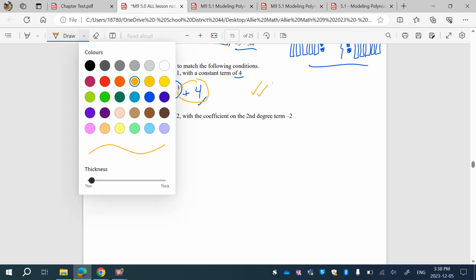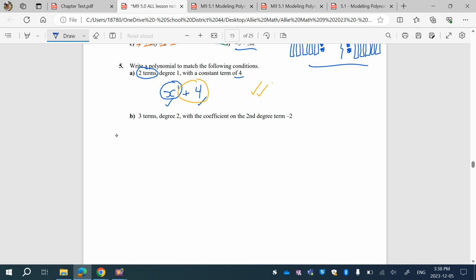Next, now we want 3 terms. Okay, degree 2. So let's go, 6x squared with a coefficient on the second degree term of -2. Sorry, I should have read further. So we want -2. We need 3 terms, degree 2, the coefficient on the second degree term is -2. So this is our second degree term. Our